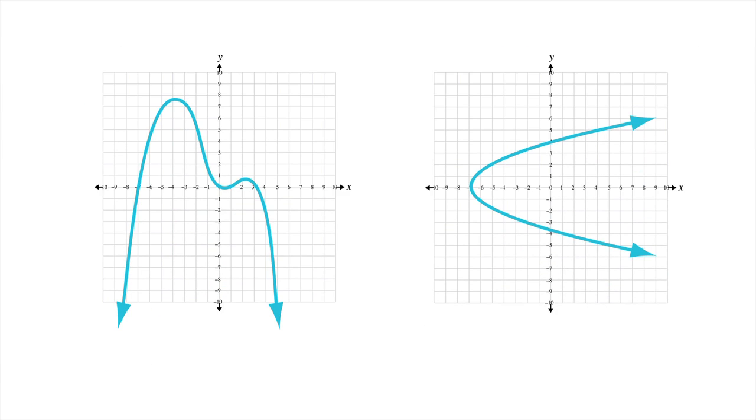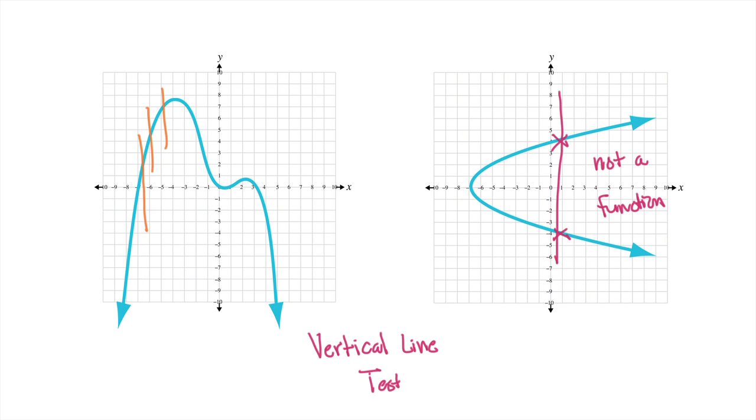Now let's look at some of the different ways a function can be represented mathematically. We'll start with graphs. In order for a graph to represent a function, it needs to pass the vertical line test. The vertical line test states that if a relation is a function, there can be no vertical lines drawn on the graph that will intersect the graph more than once. The graph on the right is not a function because we can draw a vertical line that will intersect the graph more than once. This doesn't happen to the graph on the left, so it passes the vertical line test